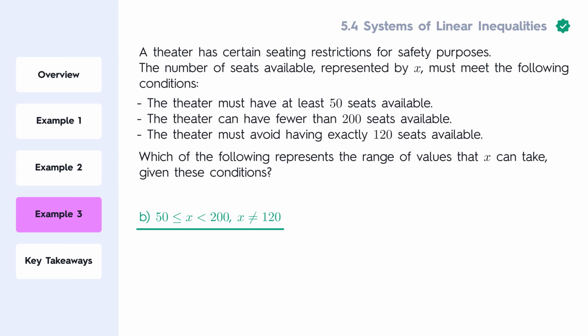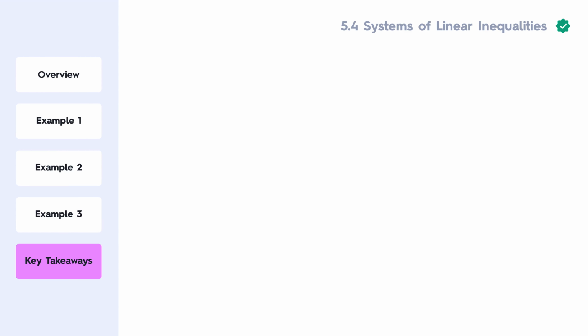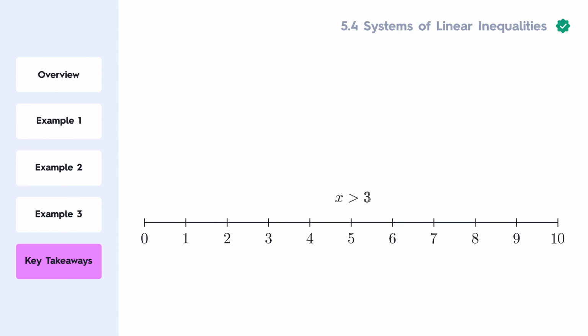Great job today! Let's recap the main ideas we covered about systems of linear inequalities in one variable. A system of inequalities involves multiple conditions on the same variable. Our goal is to find values that satisfy all conditions simultaneously. This is often represented as an overlapping region on a number line. We start by graphing each inequality individually on a number line, using open or closed circles to indicate whether boundaries